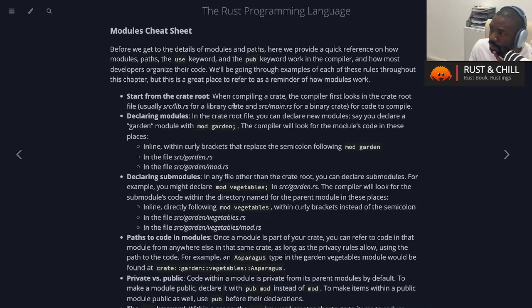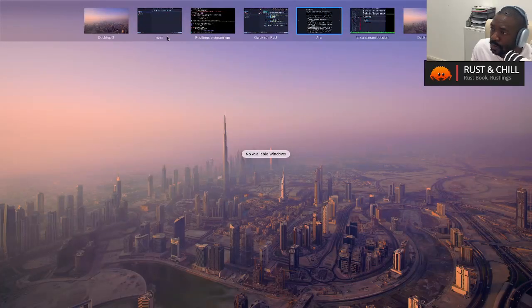The start of things when compiling from the crate root is src/lib.rs for a library crate, while for a binary crate, it starts from src/main.rs to compile. So say we declare a garden module with mod garden, the compiler will look in these places. So check src/garden and then look for mod.rs or garden.rs. So knowing that,